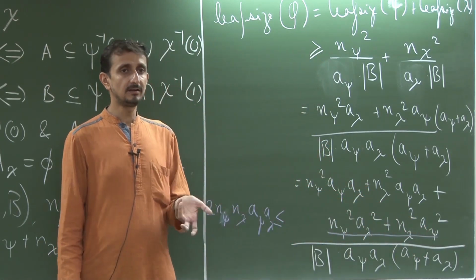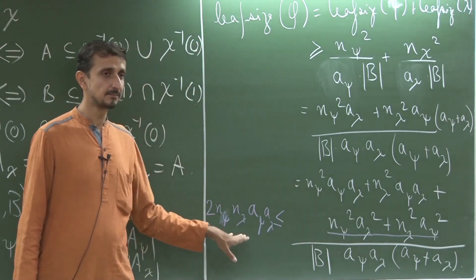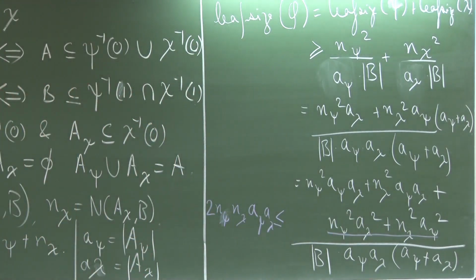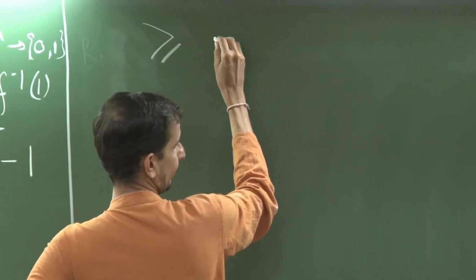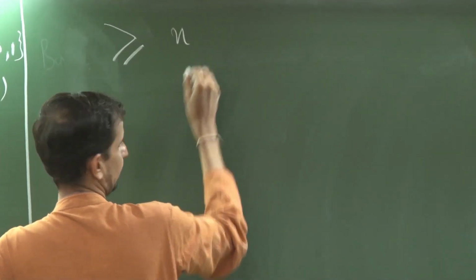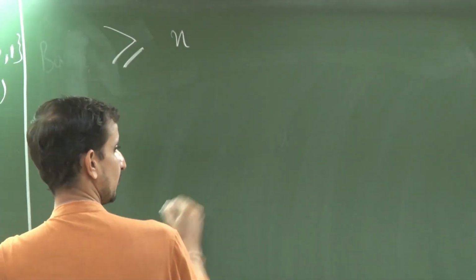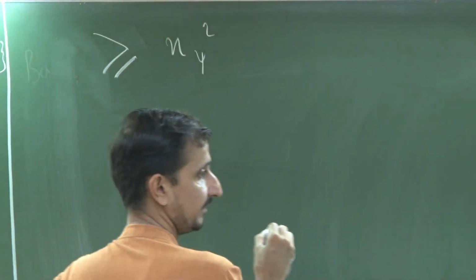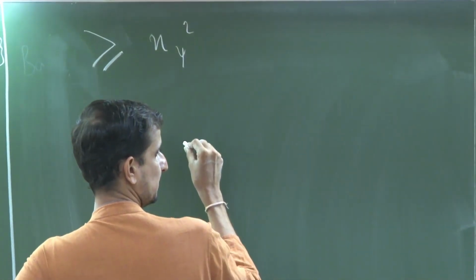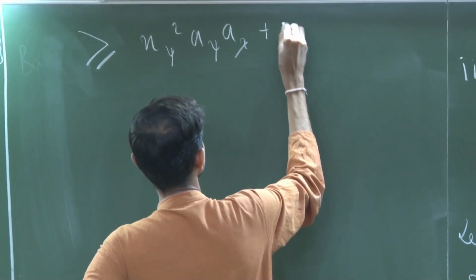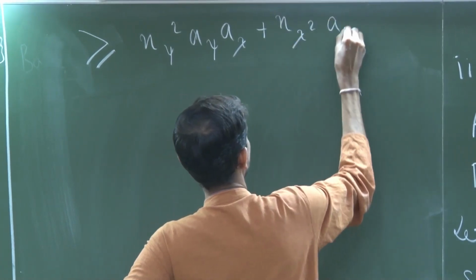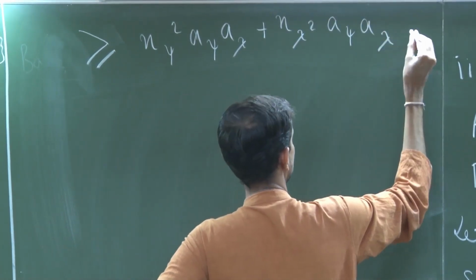So, (x minus y) whole square is nothing but this minus this, and (x minus y) whole square is always greater than or equal to 0. Okay. So, using that inequality we get this result. So, now I can write this quantity as greater than or equal to n_psi square